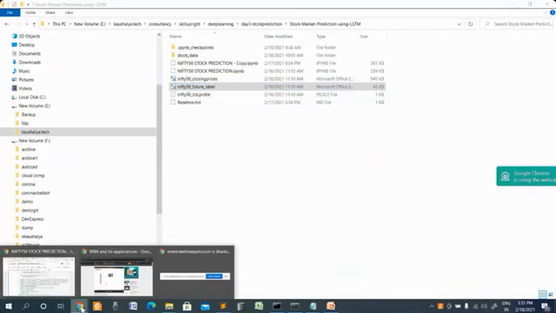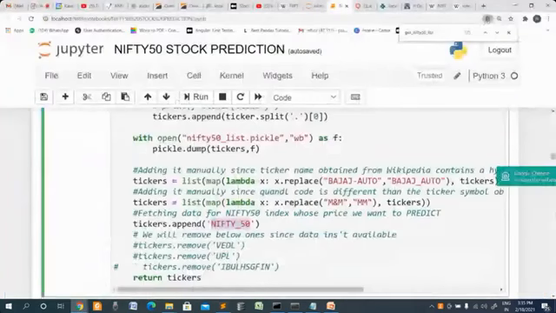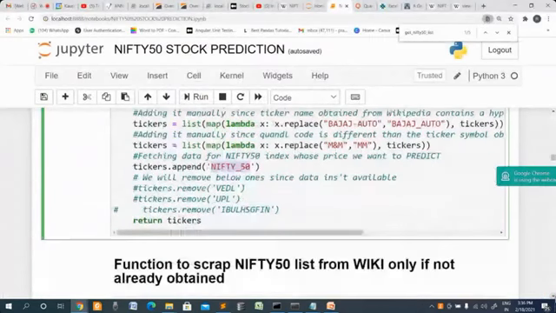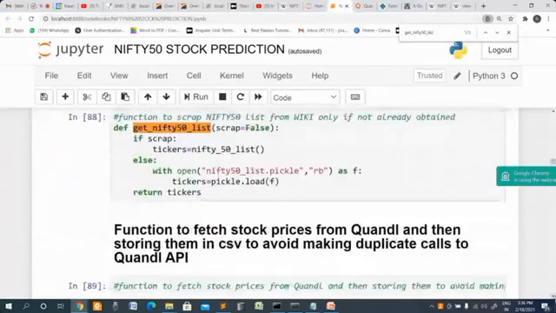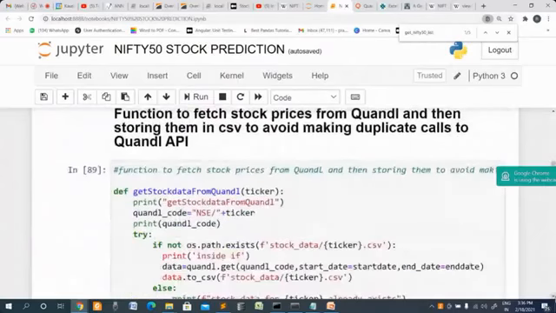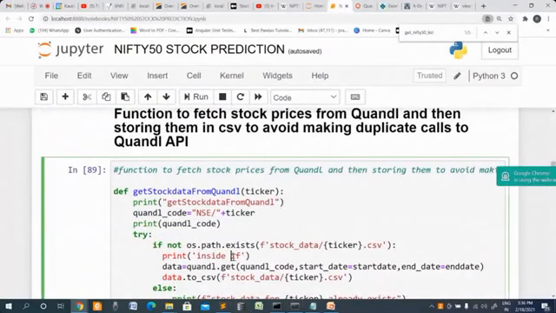The next thing is how do we call this API? How do we use this API? Here I get the stock data from the API, that is Quandl. Again, first we have to install all these things, the APIs, with pip install. You have to install Quandl, and then it has a method called get.